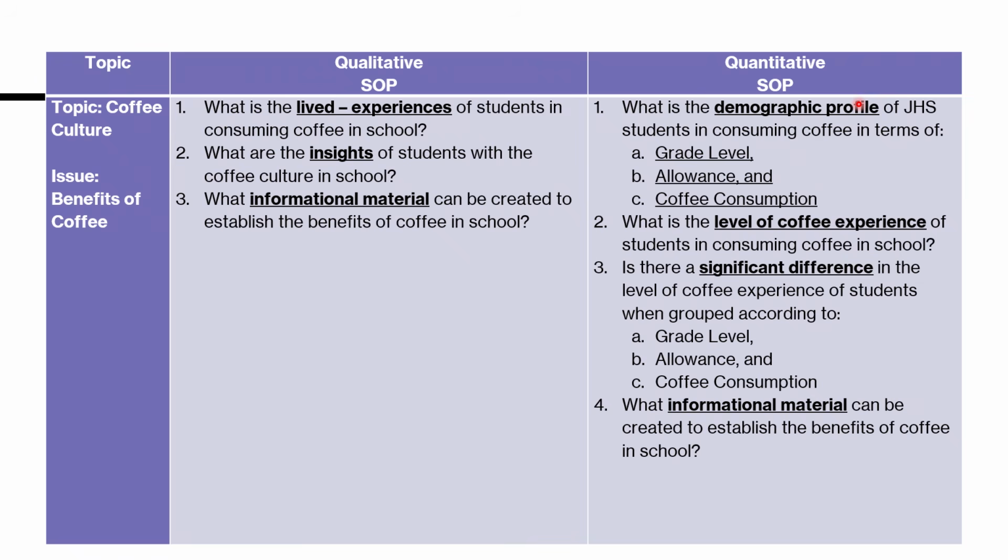If I'm not mistaken, in this case, this is the independent variable, because these are the variables that really define the students of the junior high school: grade level, allowance, or economic profile. They normally use economic profile and then coffee consumption. In my idea, coffee consumption is like 1 cup a day or 1 cup per week. It depends upon the survey material that you're going to use and what would be the parameter. So these are independent variables.